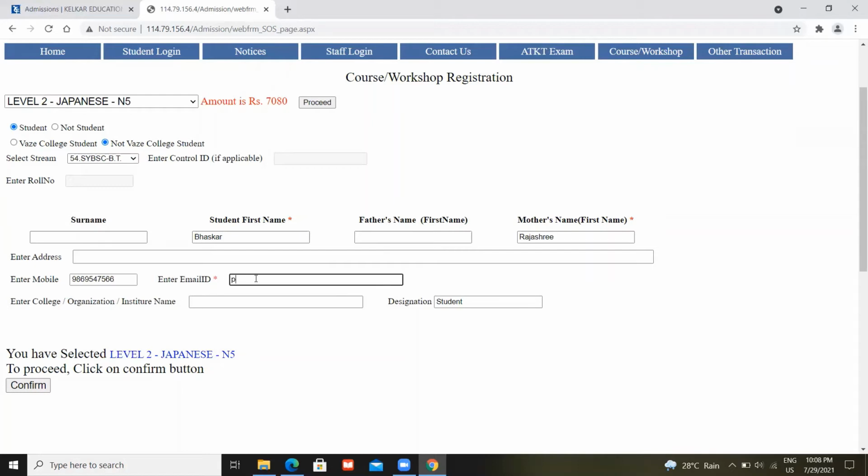Enter your email ID correctly as you will receive a mail once you register yourself for the course. Enter the college where you are studying.